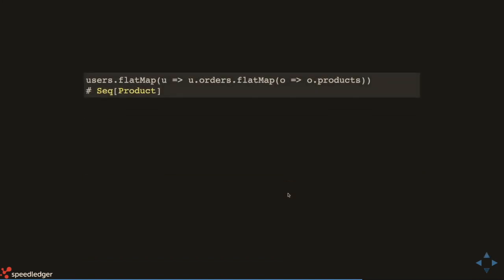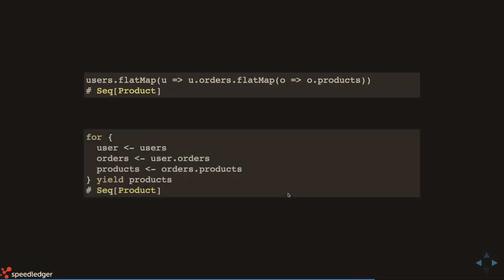But what happens if you have a list of a list of a list? I don't know. For me, it starts to get a bit cluttered here, because you're nesting stuff, and that usually doesn't make good readability. So what you can do instead is to use a for comprehension.